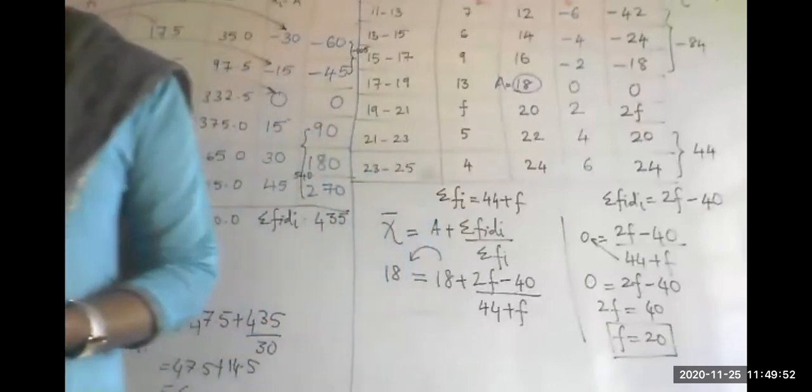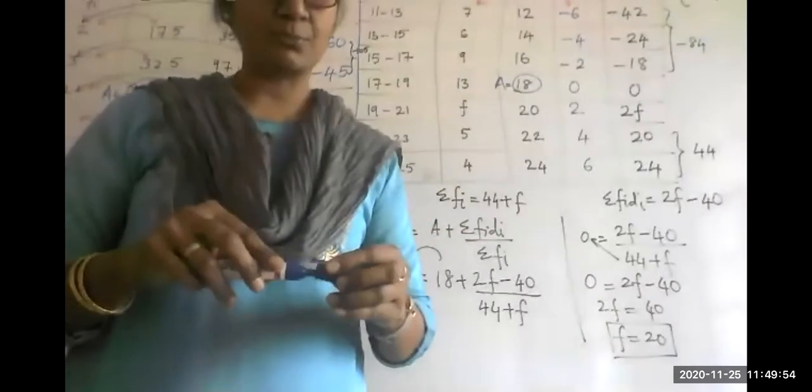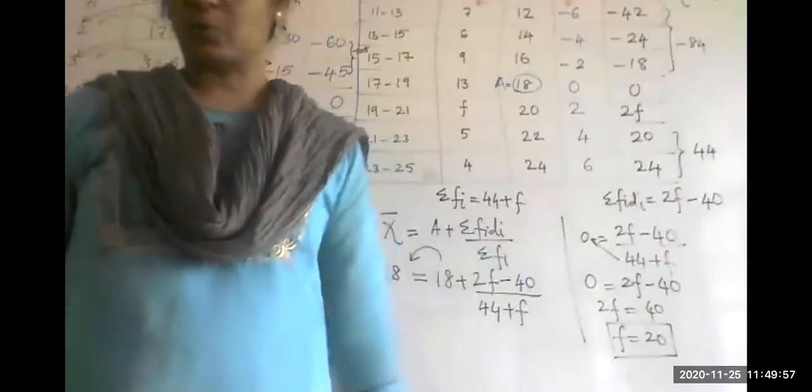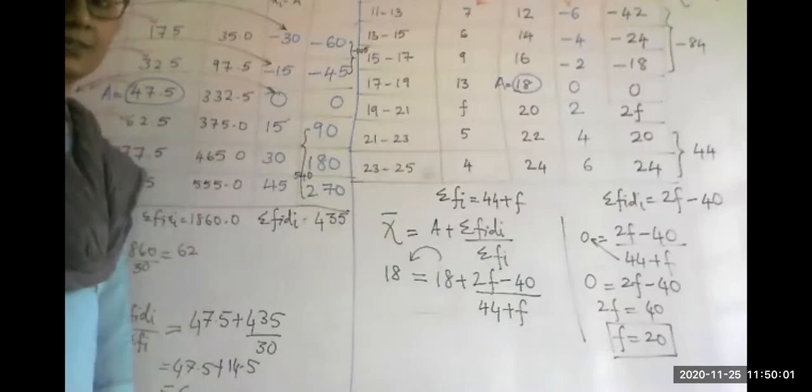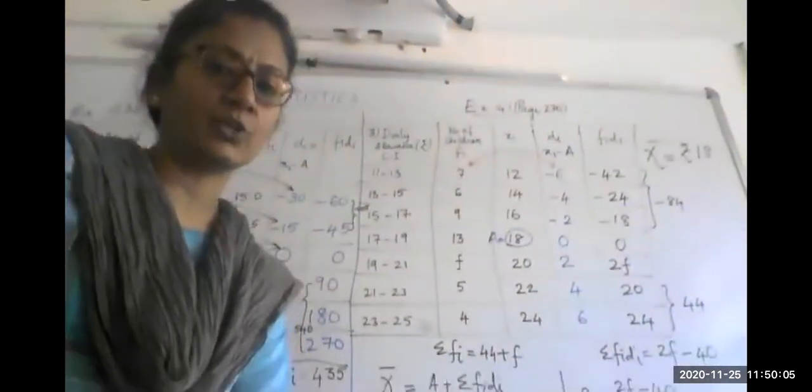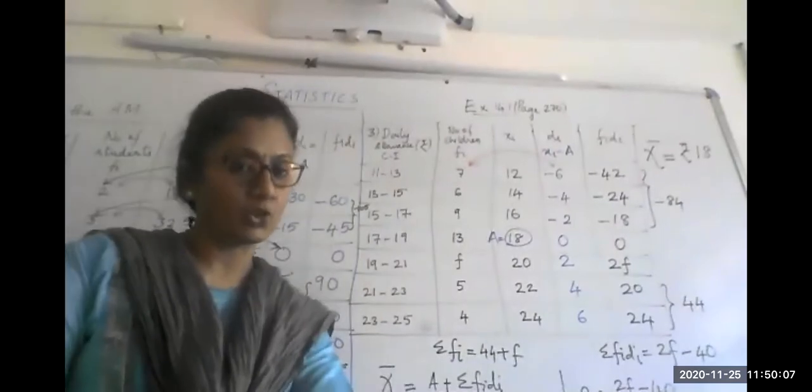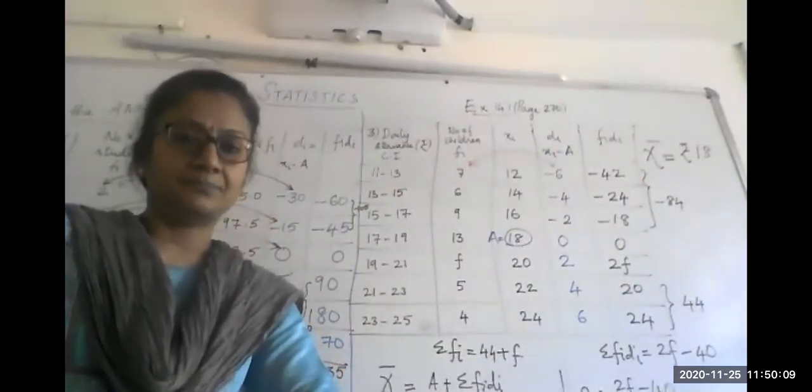Is the problem clear? If you have any doubt, you can ask. This is one variety of problem. Definitely it is going to be asked. If you are not getting a direct problem on assumed mean, you may get one on missing frequency. If you have any doubt, you can always ask. So one of these or both of these varieties I may include in the midterm.